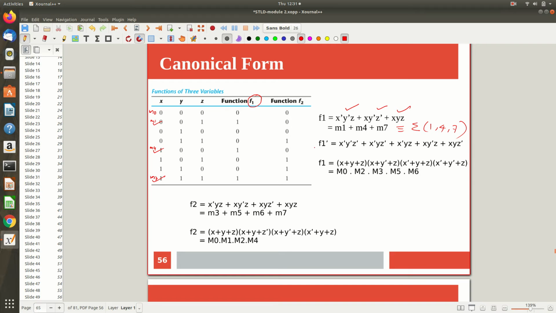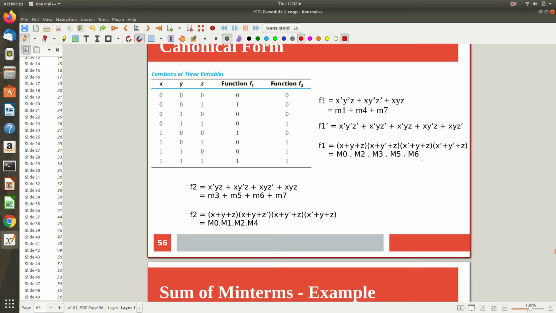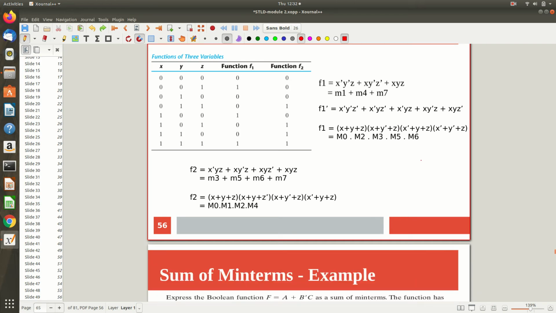Similarly, here they are trying to have a relation with the maxterm. Maybe we will see it in the next video. We will continue the discussion on it in the next video. So hope it is clear, right? The minterm part is clear at least. Okay, let me erase it. We may use this PPT in the next video. So that's all. Similarly for F2, what is the